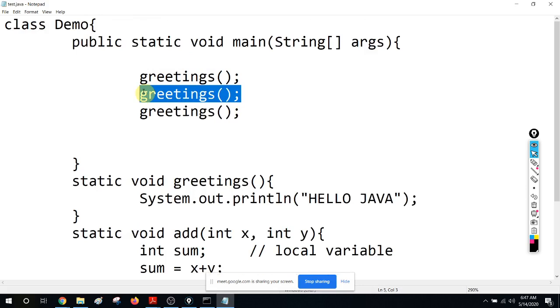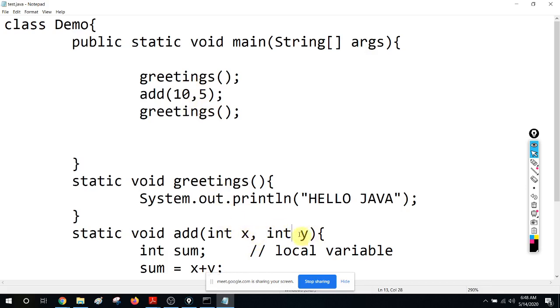So let's have this. I'm going to say add 10 and 5. Now, when you are calling a method, the name must be the same. So here it is add, case sensitive, and it asks for two parameters, so I have to send two arguments. These are called parameters. When you are calling the method, what we are sending is called arguments. So if there are two parameters, we have to send two arguments, and the data type must be the same.